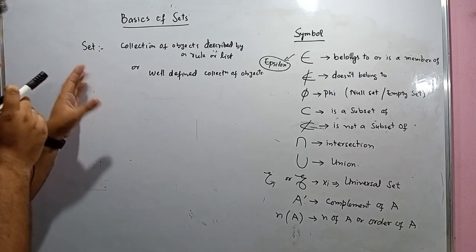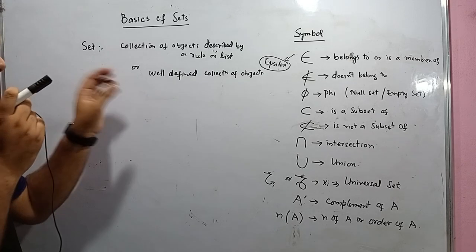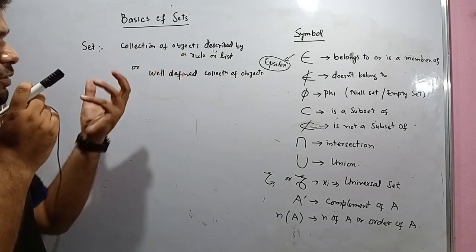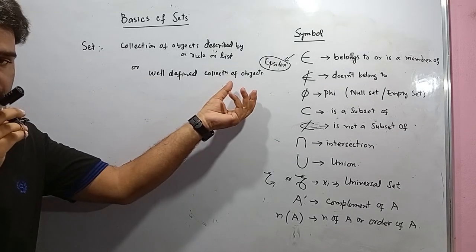Now, here we go. Sets. What is the definition of sets in mathematics? We can say it's a collection of objects described by a rule or a list, or simply a well-defined collection of